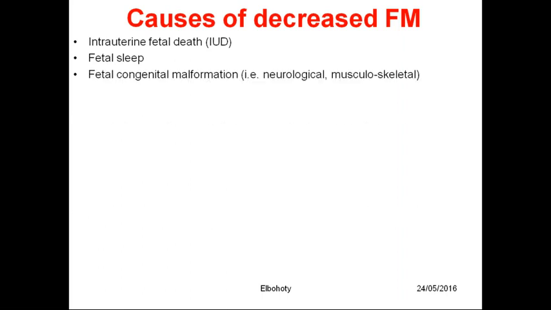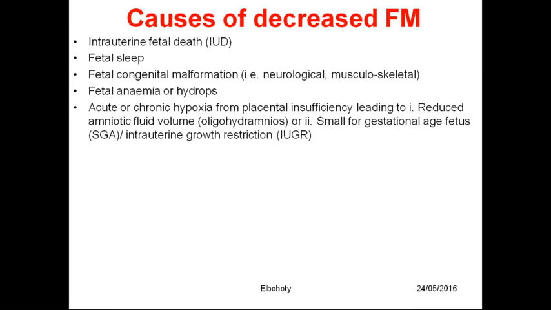Some congenital malformations, and for this cause, it can be decreased from early in pregnancy. Fetal anemia or hydrops. Also, hypoxia can be a cause because when the baby does not have an adequate amount of oxygen, he will try to preserve his energy. He will try not to move because movement will consume more oxygen and more glucose. So he will try to preserve his energy. Sometimes feto-maternal hemorrhage,